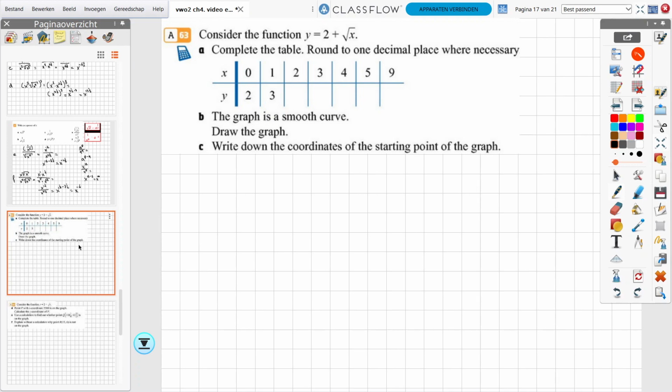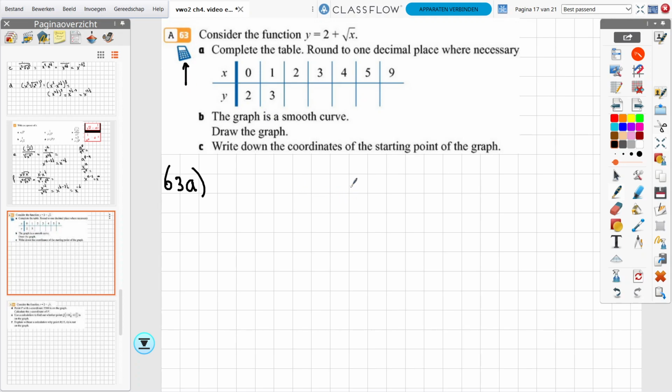Hi everyone, let's take a look at exercise 63. Root functions and root formulas and how they work. At exercise 63 they give you a function or formula: y is 2 plus root x, and they want you to complete the table, rounded to one decimal place where necessary. And they gave you a table with certain values, and luckily we can use a calculator here